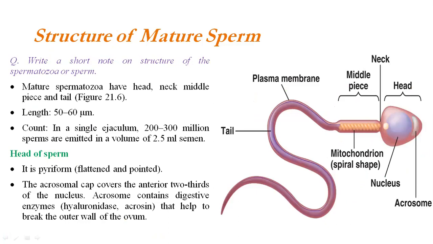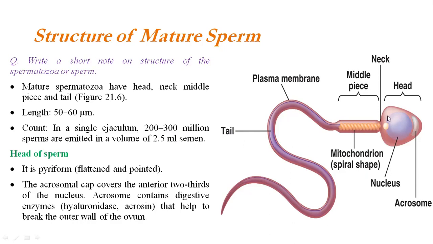Now, structure of the mature sperm. We have been studying it right from our schooling. It's a quite popular picture. It has a head, then the neck, the middle piece, and then the tail. Overall, the length of the mature sperm is 50 to 60 micrometers. In a single ejaculation during sexual intercourse, 200 to 300 million sperms are emitted in a volume of 2.5 ml